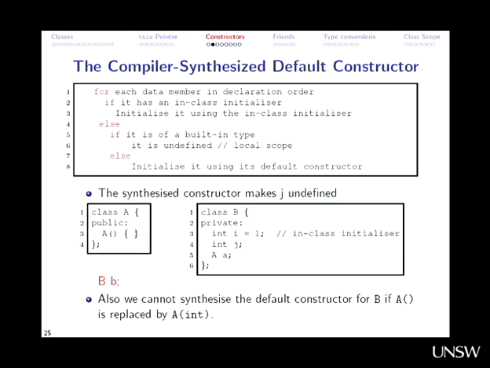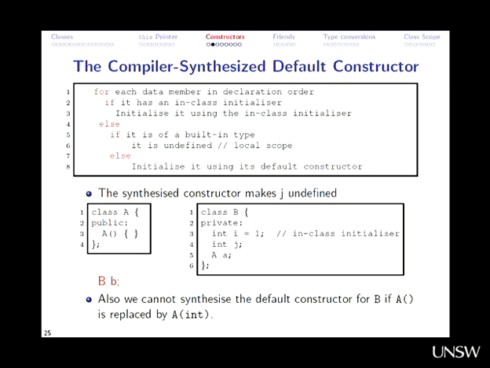So this is what it looks like. The default constructor, and the logic of how the code works, does this. For each data member that we've declared, okay, so on the right-hand side, look at this ordering of our declarations. Our class here has a string, an unsigned, or an unsigned int, if you want to be pedantic, a double, another unsigned int, and another int. Okay? So there's a particular order to how that's happened. For each data member in that order,